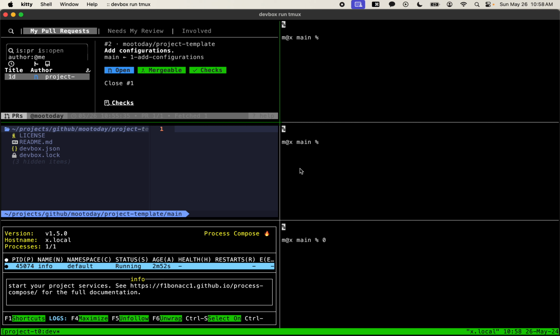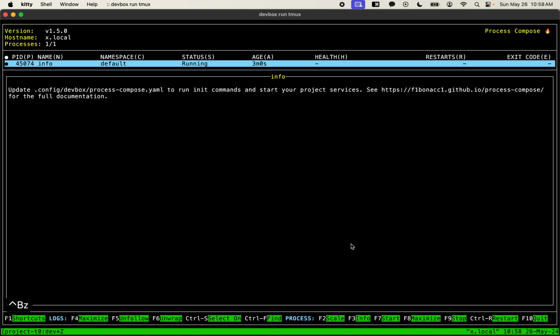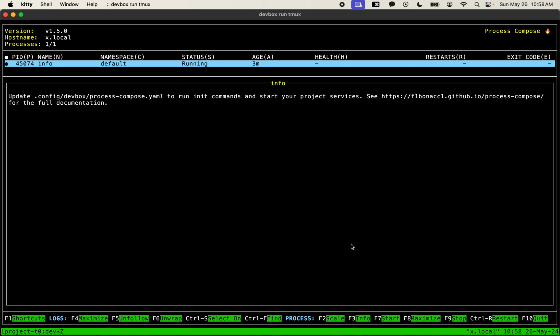The next thing I want to show you is at the bottom left. So we're going to go down here and we're going to look at that. And again, let's make this full screen. This is called Process Compose. And at the moment, it just runs a little info here to tell you how to change these commands. But think of Process Compose as something like Docker Compose, but without Docker,